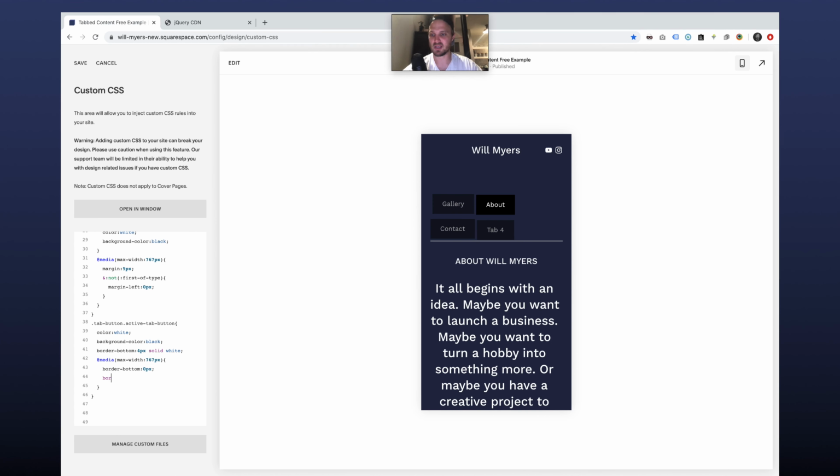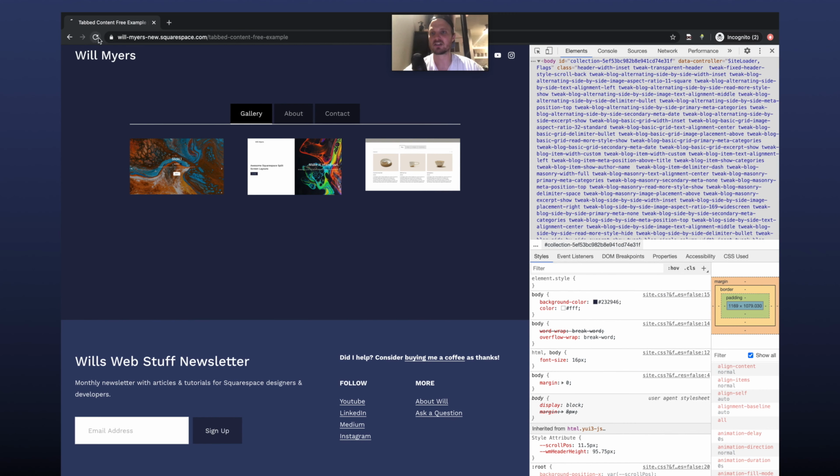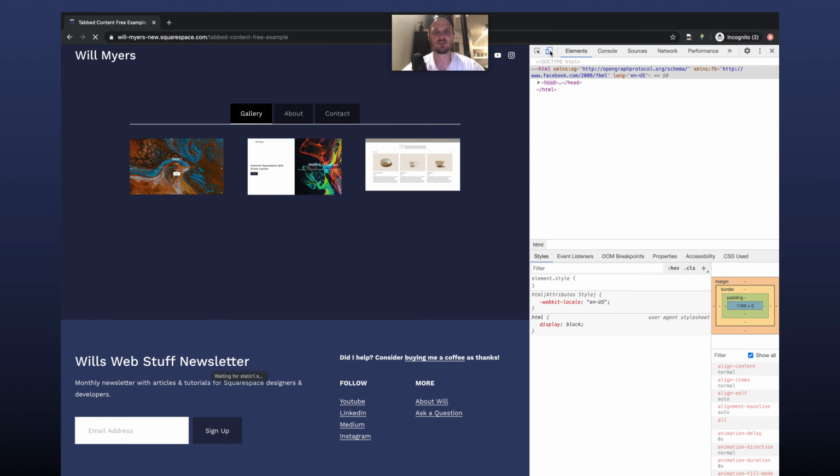And then we'll give the whole thing a border of 1 pixel white, solid. How do you spell solid? There it is. All right, and then if I save and then refresh it over here,